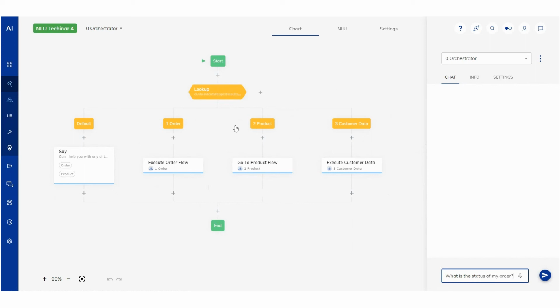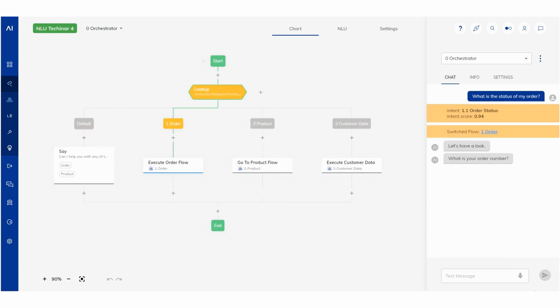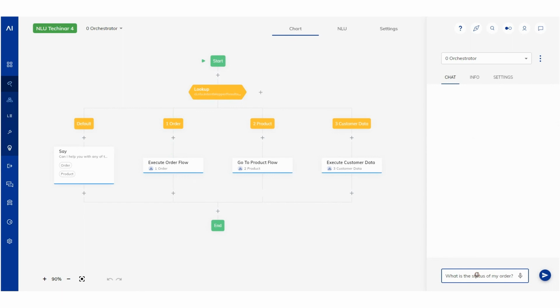order, is that we expect it to do the intent mapping, therefore find the order intent. Right? It will probably find more information, like the detailed order status intent, but it would not care for that here. It would just hand it off to the order flow. So we enter this information, and indeed it hands this off to the order flow. This is where the fulfillment comes from. So let's try that again. We have the same input here.